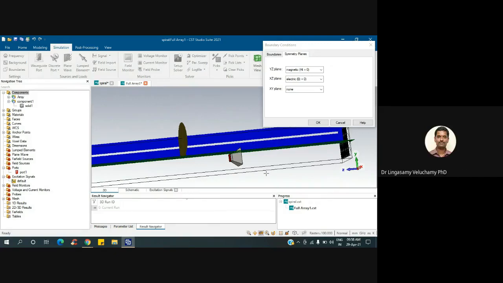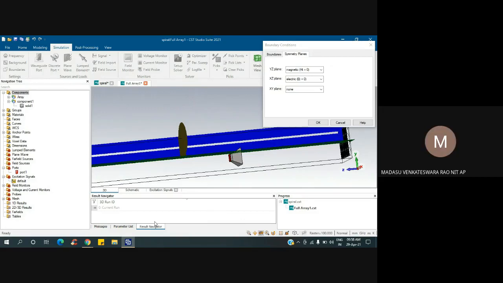See, you have a waveguide with two dimensions, right? One is width, another one is height. So how is the TE10 mode? Can you go to Google and check? The electric field will be vertical, right?